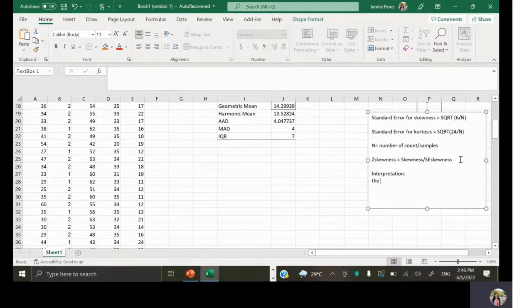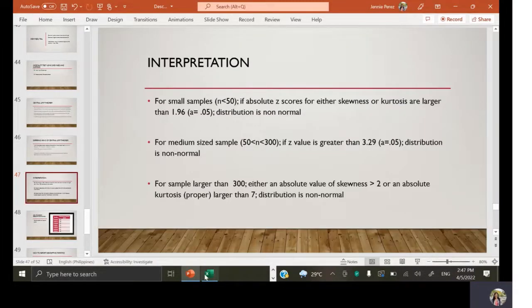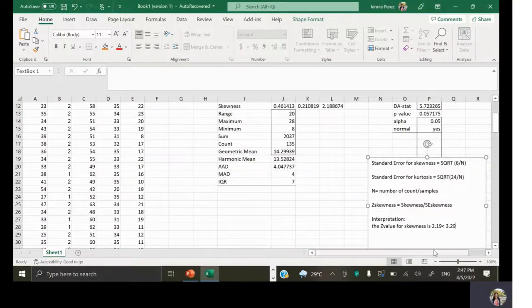Okay, the Z value for skewness is 2.18 or 2.19, which is less than 3.29. Okay, it is less than 3.29. So therefore,